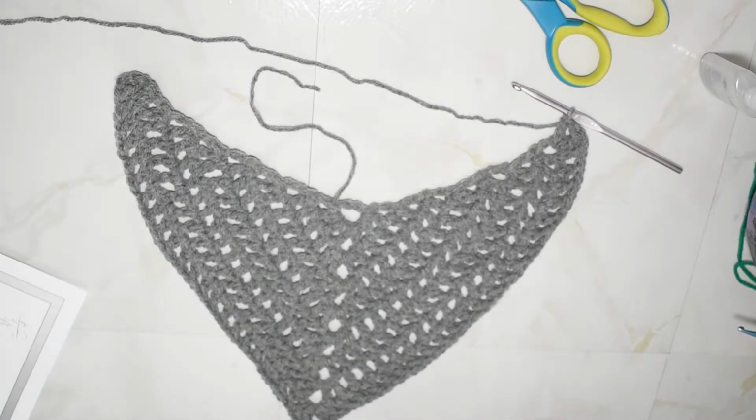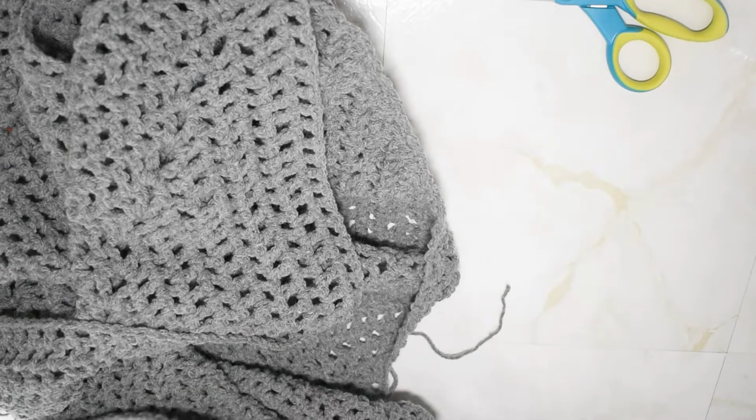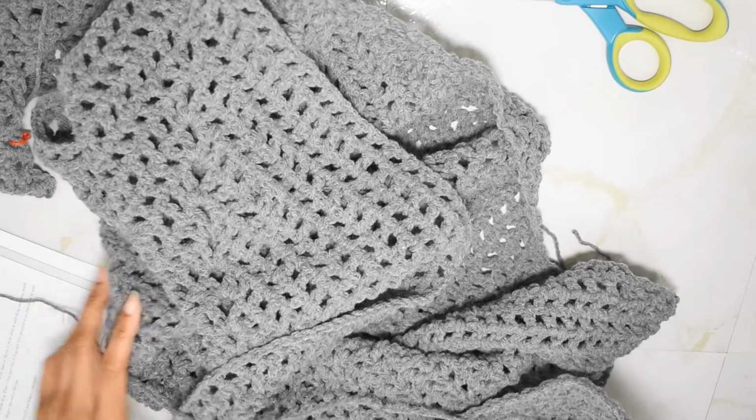So I'm going to go ahead and work these next 34 rows off camera, and I will show you guys when I come back how to do row 43 of this pattern, which is bordering off the shawl. Alright guys, I am back and I have the size of shawl that I want right now. So in order to move on to